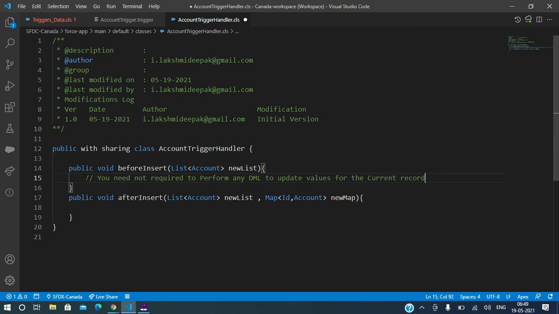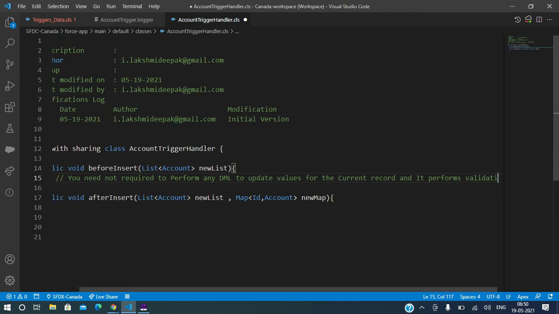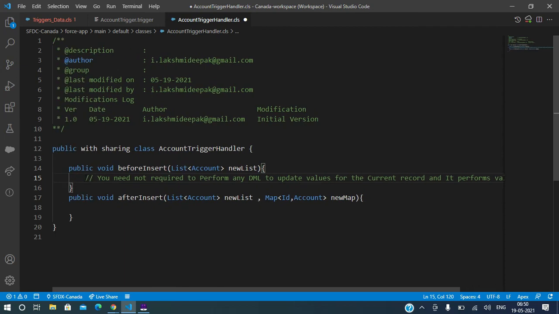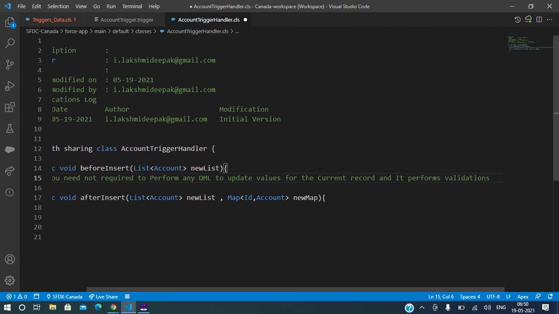The record you are trying to create, or the user is trying to create. Validation rules will do only validation, but workflow will do only update. For triggers, it will do validation and updates together. Okay? It performs validations. Any question here? I mean, you will be having questions, but for now, it's okay this way.